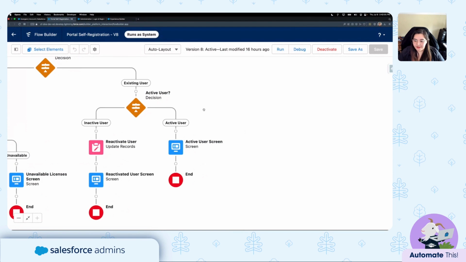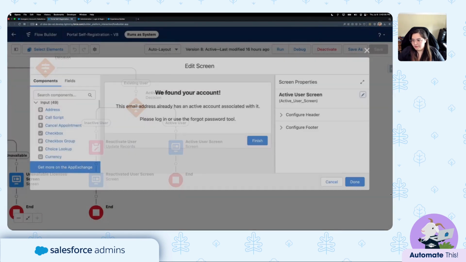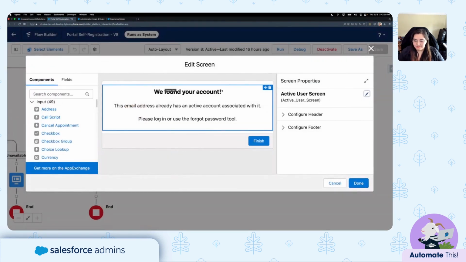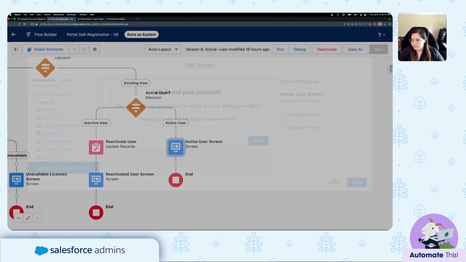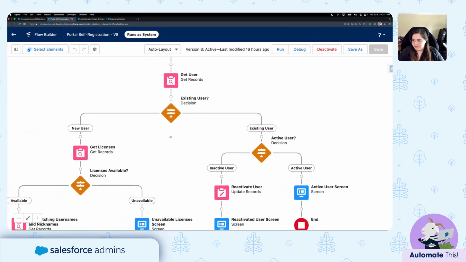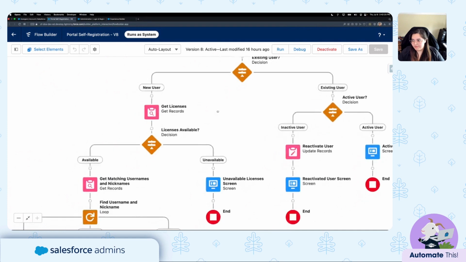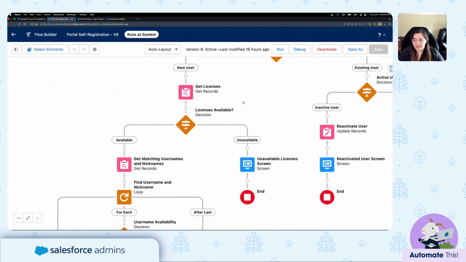If they are already active, then we just tell them that we found their account and to, again, log in and use the forgot password tool. So if they are a new user, the first thing we have to do is make sure that we can actually